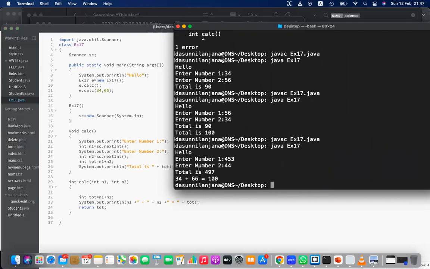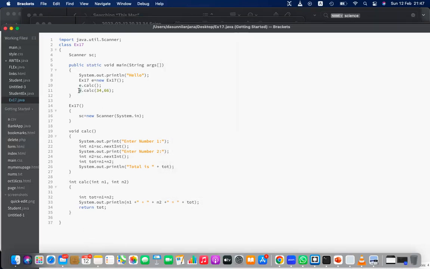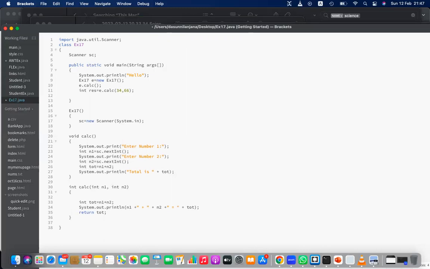Okay, this is the second one. This is the first one. Actually, the second one, since it is returning, we can capture the result also. We can use a variable, int result equal. I can capture the result, so I can later print this, the result of the previous operation